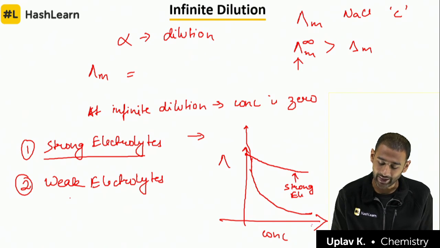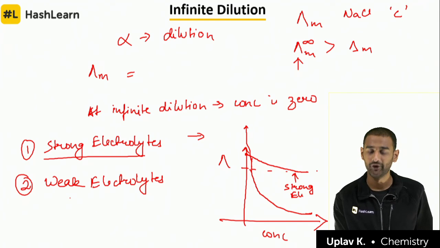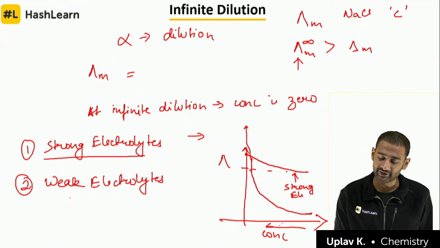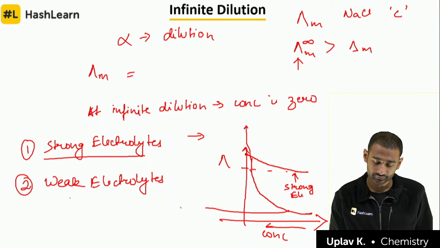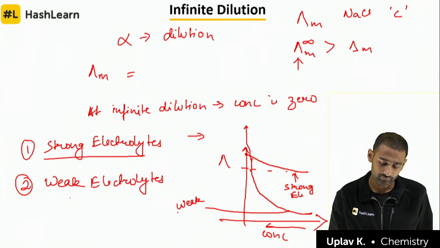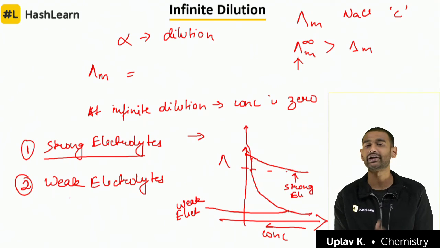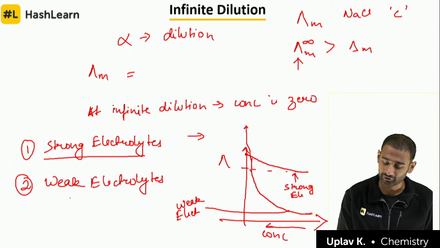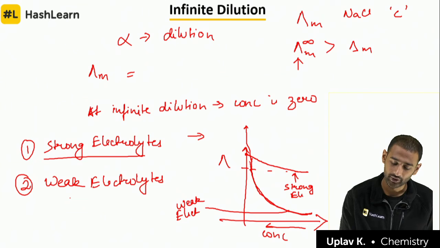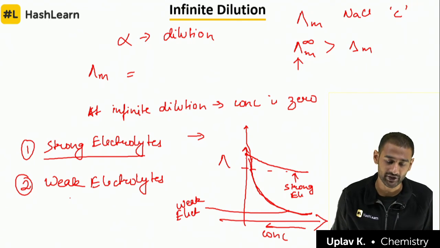So देखो, this is a strong electrolyte, and you can see that even at higher concentration it has significant amount of conductivity. Okay, but if you decrease the concentration, the conductivity will increase. For a weak electrolyte, what happens? Initially at high concentration the conductivity is very less, right? But if you keep on decreasing the concentration, its value will keep on increasing, right? So something like this. So that is how you should understand the graph. अगर आपको कोई इसमें doubt नहीं होना चाहिए.